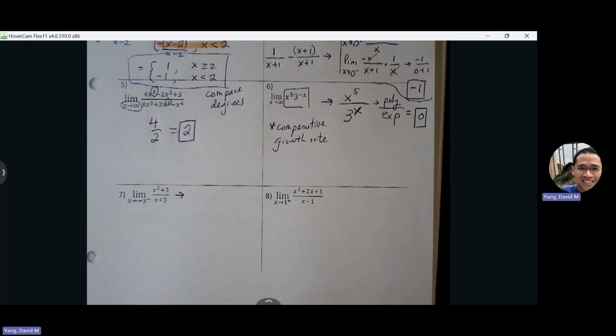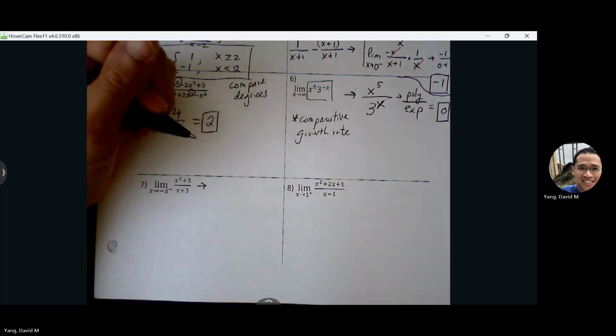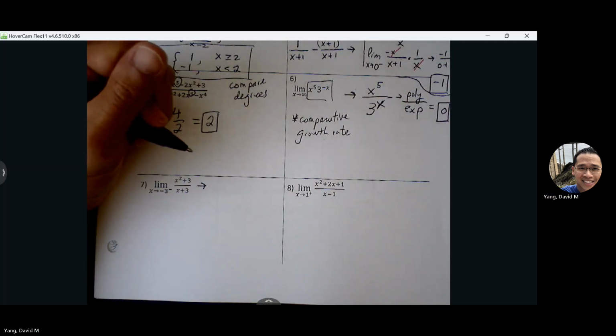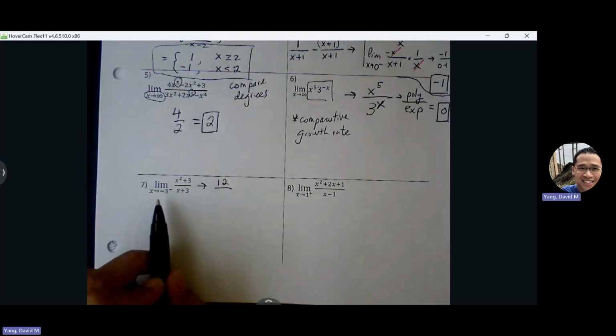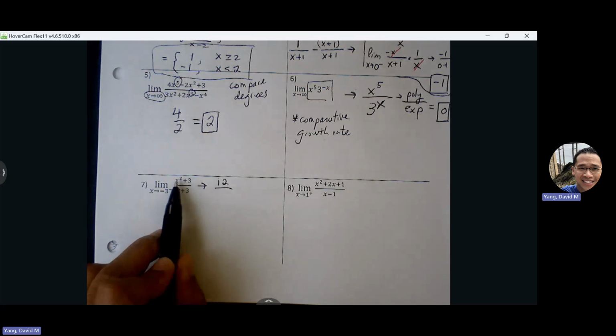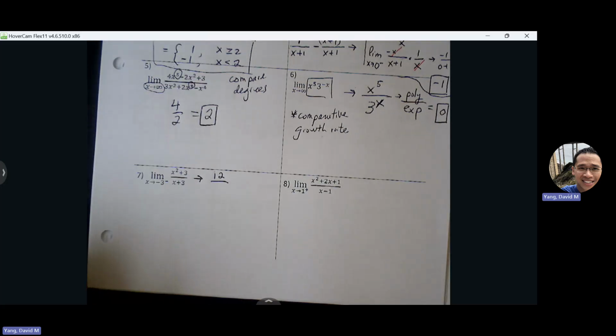Okay, numerator, we get what? 12. Yeah, just keep in mind the -3 squared. The squared is impacting the negative there, so it's 9 plus 3 is 12. Denominator, we get